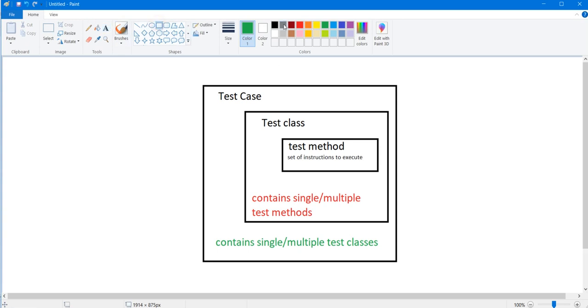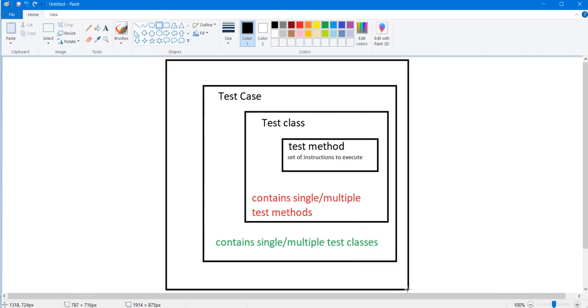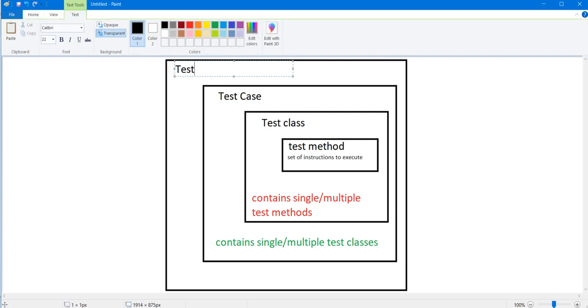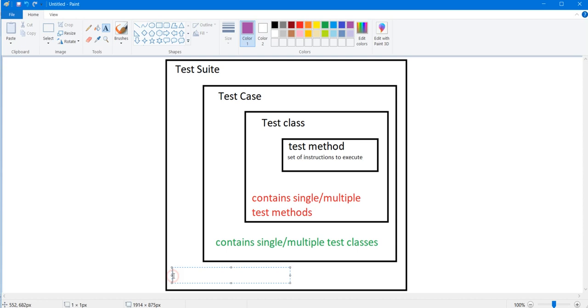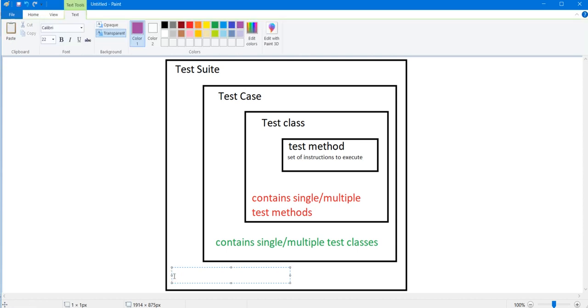Another, you can see this, is your test suite. Now what will a test suite contain? Just tell me, guys. It contains single or multiple test cases.